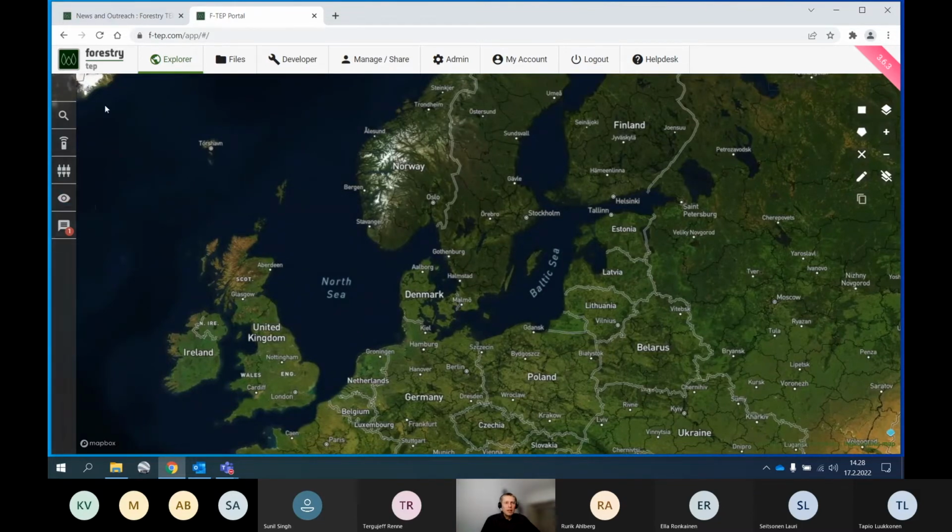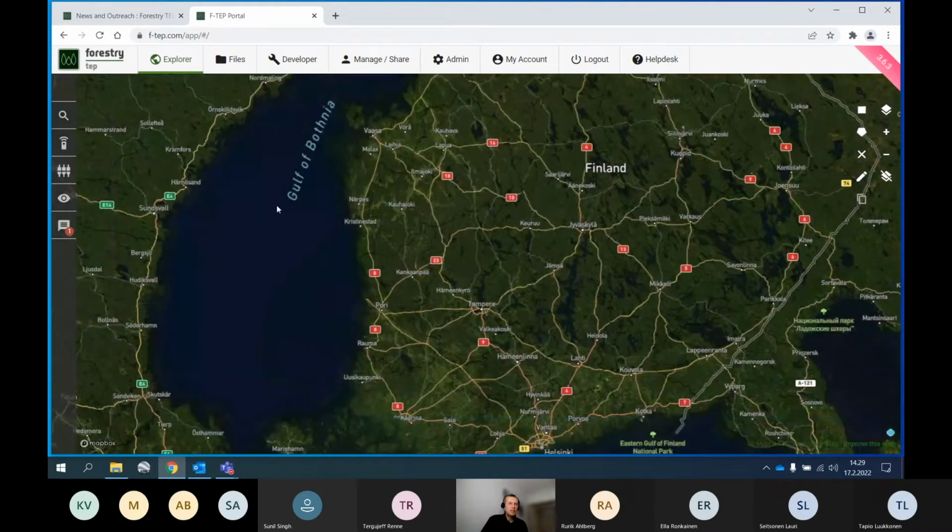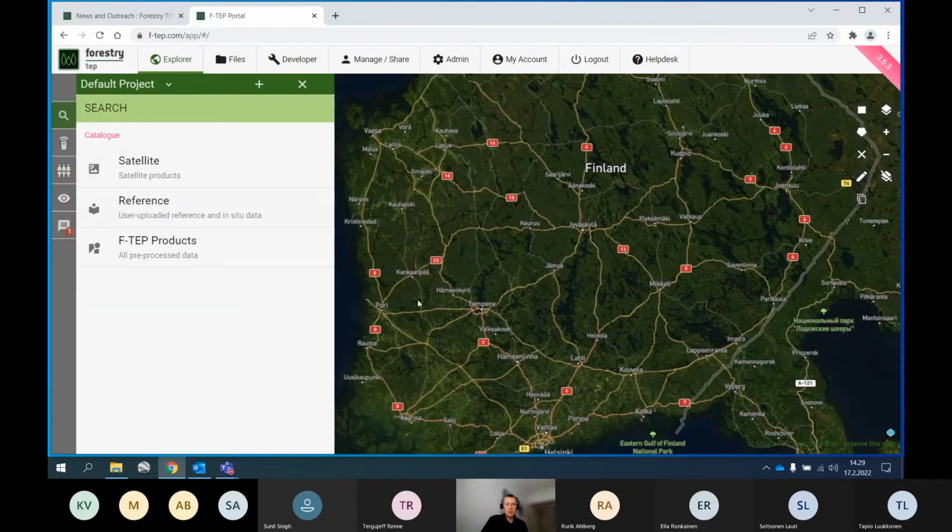But on the left-hand side, we have the actual most important tools that most of the users use. And this main interface that we are in now is called the Explorer interface. If we first look at the ways to use this Explorer interface, on the left-hand side we have a few buttons, starting from the top, for example, the search buttons. We can search satellite data, reference data, FDEP products. We will come back to this a bit more in the data